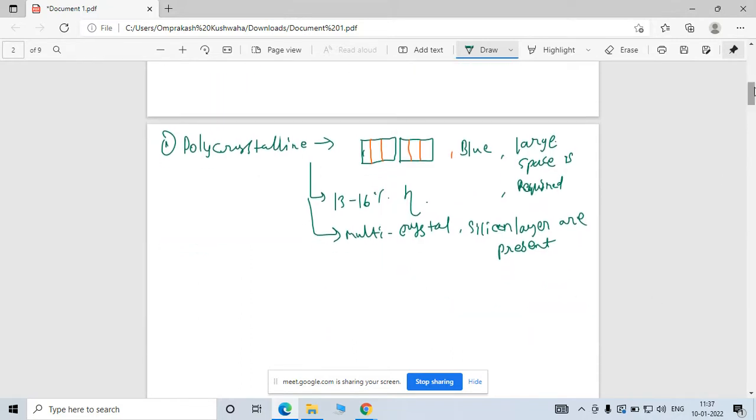Now the second one is polycrystalline, and the second one is the monocrystalline structure. Generally in industry these two structures are most frequently used. Even then, if I compare, in India most of the panels we are going to use are this polycrystalline structure, because if I compare the price of these two, it is the cheapest, right? This one is moderate in price.